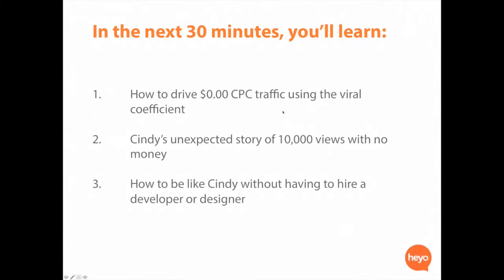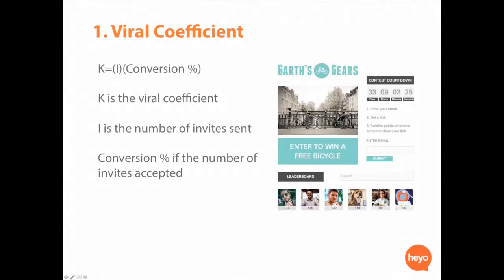Okay, good. That helps me. Well, let me break it down for you, okay? Here it is. Take a look at my screen where I've broken down the viral coefficient concept. Now, these companies that are growing and building huge billion-dollar businesses, the ones you hear about like Snapchat, the reason they're doing so well is because they understand this. This is the secret to getting traffic. And then it's up to you what you leverage the traffic for. Snapchat, it's to help people send more photos. For you and I, it might be to get more leads on our Facebook page.